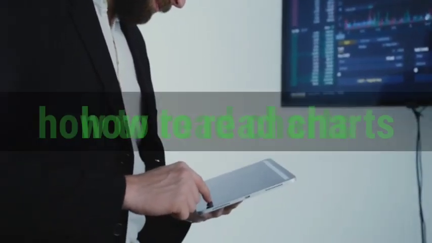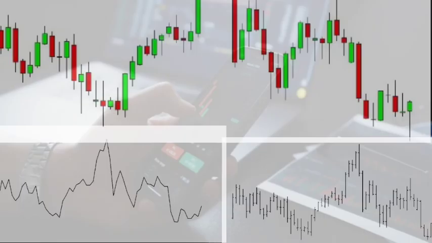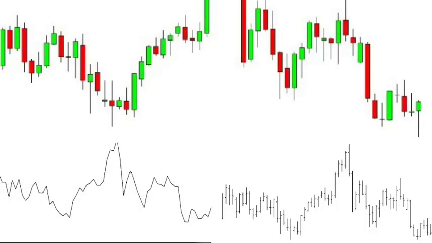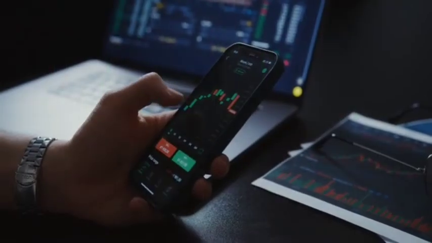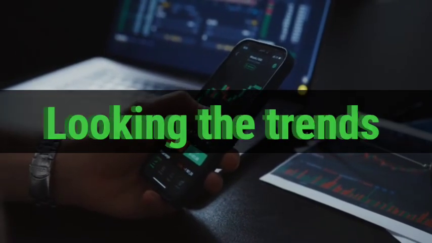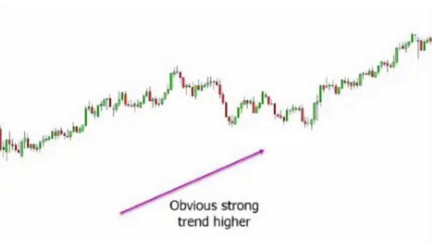Now we will explain how to read charts. After choosing the type of chart you will use, you will then want to start analyzing these charts to find and manage trades. First, look at the trend. Trading with the trend can reward you with long-running winning trades that can be minimal risk and tend to run for long periods. Every trend has pullbacks where price makes a move against the trend until the trend fails. It can offer high probability trades.